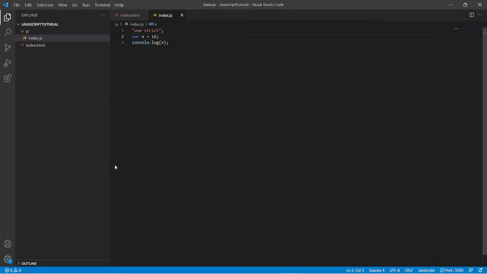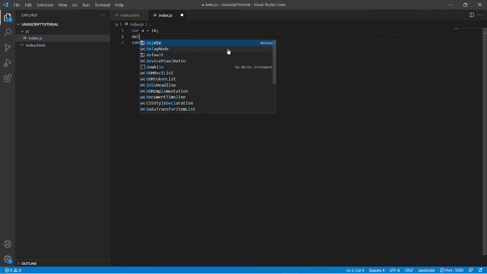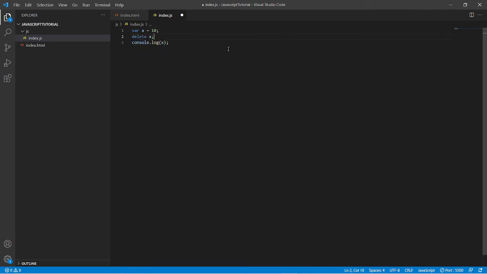Similarly, we will check other features that were modified in the ES5 release and were a bug in the previous releases. Now suppose we have declared a variable. After declaring it, let's delete this variable. I know that you are not aware of all these keywords, but it is very simple to understand. We will dig deep into this when we discuss individual keywords in later videos. But for now, let's have an overview. Here, I am declaring a variable x, and here I am deleting that variable x.